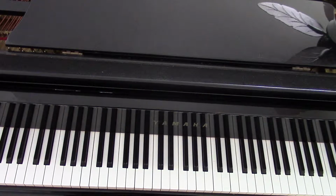So, what we can do, let's take 4 beats to the unit. We say 4 beats to the measure. 1, 2, and do this with your foot, with your heel on the floor. 1, 2, 3, 4. 1, 2, 3,